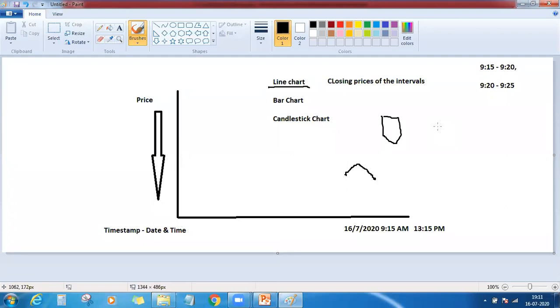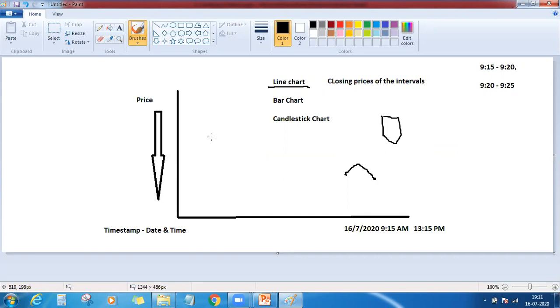The same goes for the yearly time frame as well. In that year, on the last traded day, it can be December 31st or December 30th, based on whether there is a Saturday or Sunday on that day or not. The closing price of that day would be taken. So like this, only closing prices will be taken, plotted on the chart, and all those dots are connected using a line.